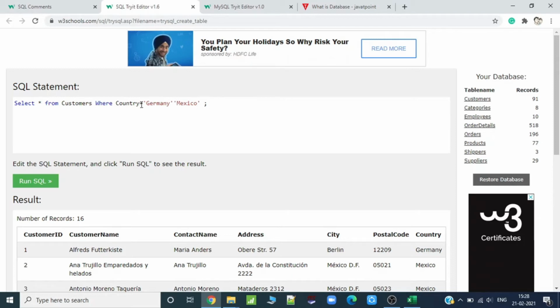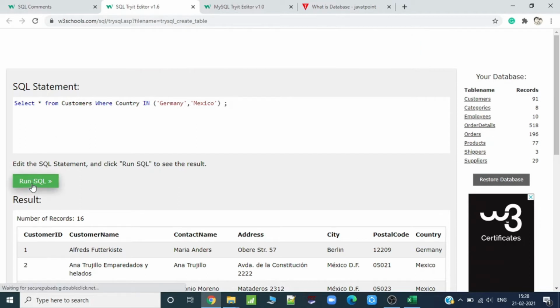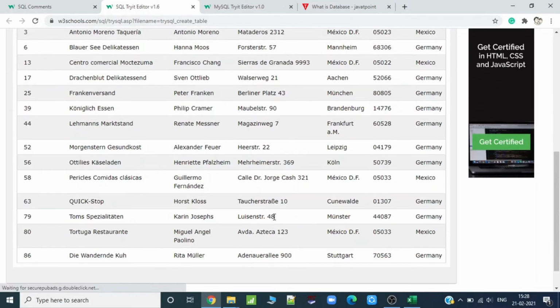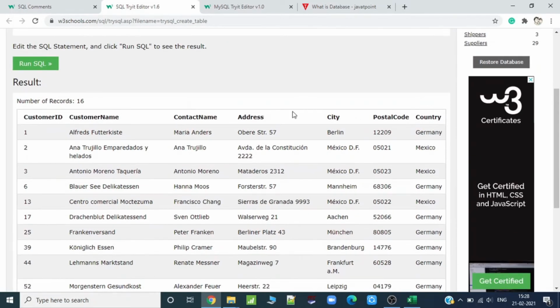What IN takes is a list: where country IN, open a bracket, then either it will be Germany or it can be Mexico. If I just run this SQL, then also we will get the same output, all the Germany and the Mexico.